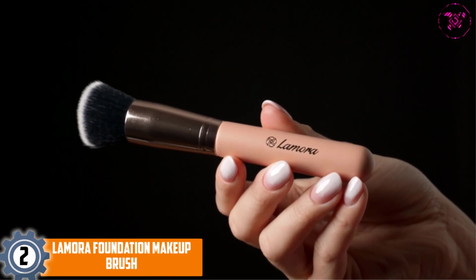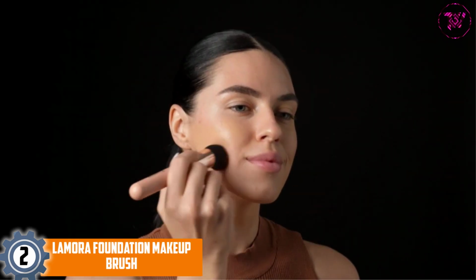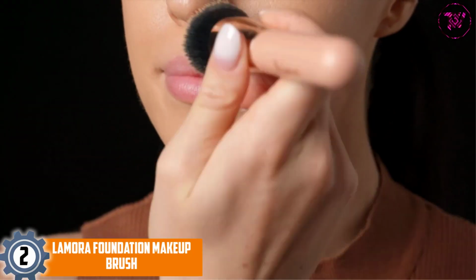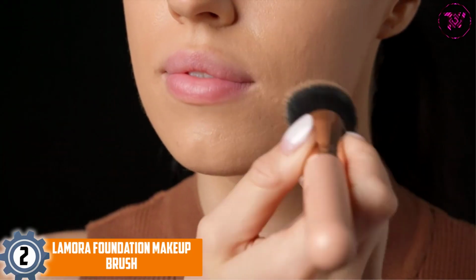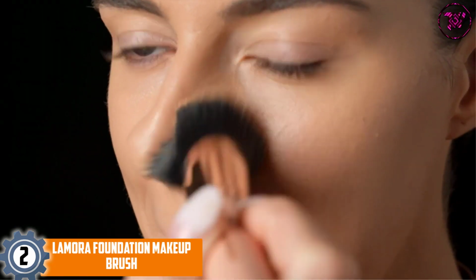At number 2, Lamora Foundation Makeup Brush. Applying different types of makeup is easier and more professional with these black brushes. Coming with a high-quality wooden handle and smooth and sturdy bristles, the brush is fit for powder, liquids as well